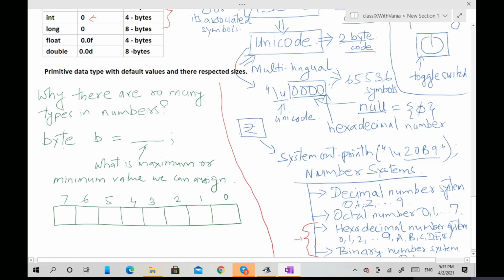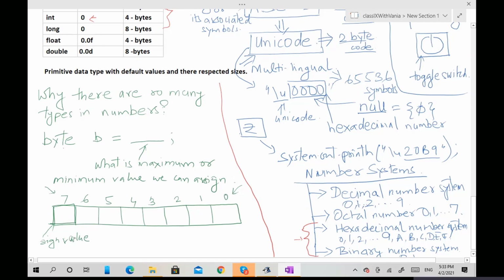This is the least significant switch and this is the most significant switch, and this switch is used to represent the sign of the value.